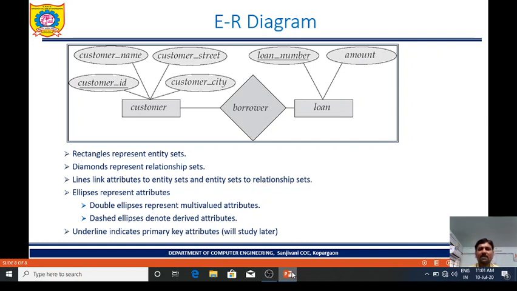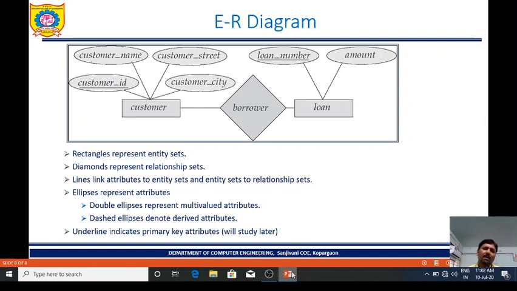Here you can see the ER diagram. That is for a bank database, but we took a small example. In a bank there is a customer. There are many departments in a bank, like loan department, account opening department. In loan department again, vehicle loan department is different, agriculture loan department is different, home loan department is different. There are many departments in a bank, but let us see a simple example.